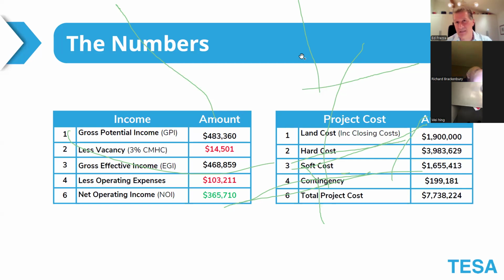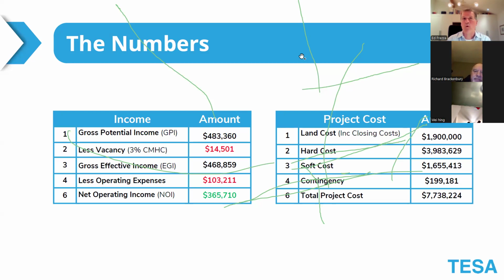And we do these numbers in a manner that if this pencils out, this will be part and parcel of the numbers that we, on behalf of our clients, would actually give to CMHC, who would then review it in getting back to us with a COI, which then gives the client confidence that, hey, not only does this deal make sense, but I now know what kind of financing I can get on the tail end when it's all done. So the income is 483,000 gross minus the 3% vacancy gives us the EGI, the effective gross income. From that, we're going to subtract the expenses of 103,000. I'll show you that later, leading to a net income NOI of 365, right?